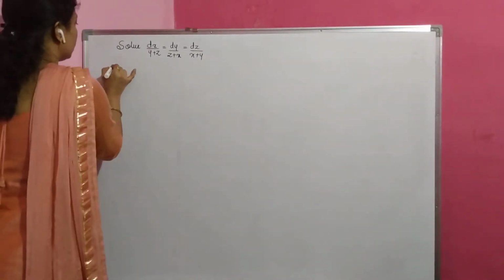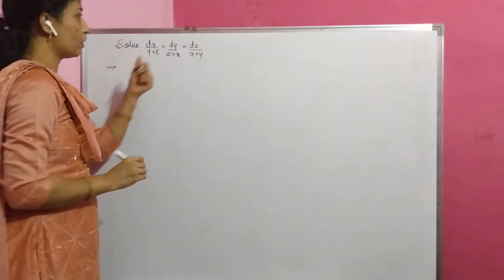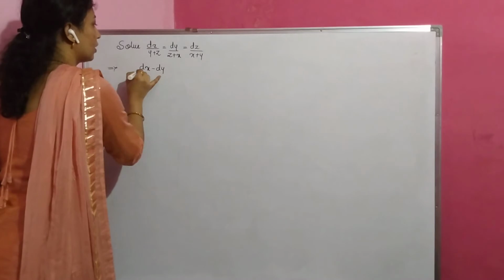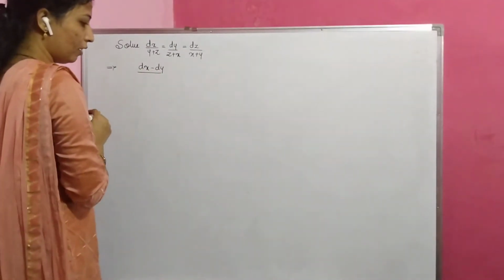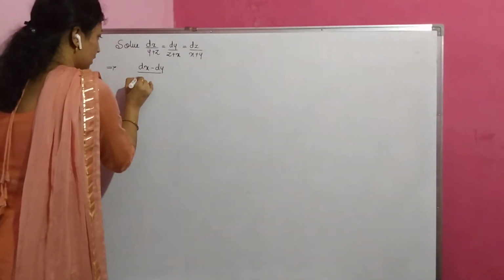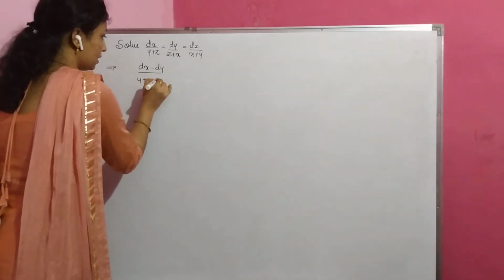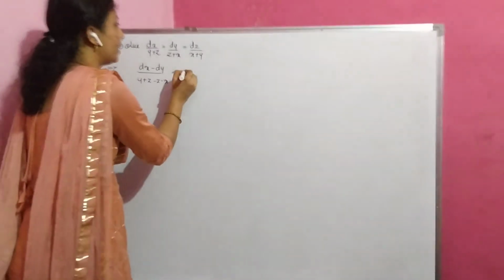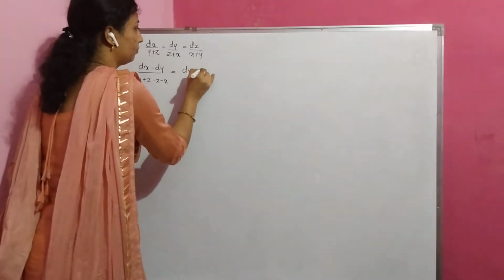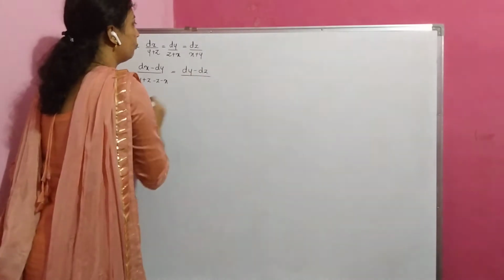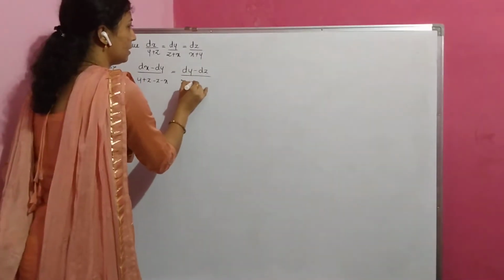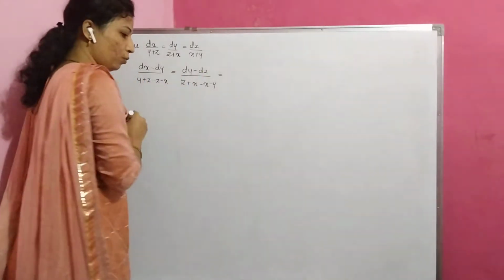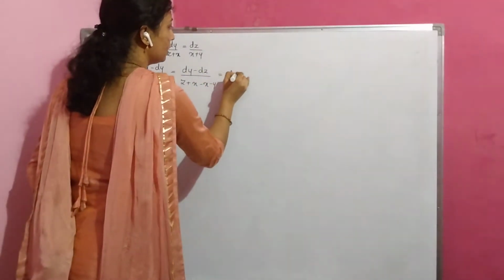Here we have to consider this equation as dx minus dy is equal to y plus z minus z minus x, and this is equal to dy minus dz divided by, dy is z plus x, dz is minus x minus y,